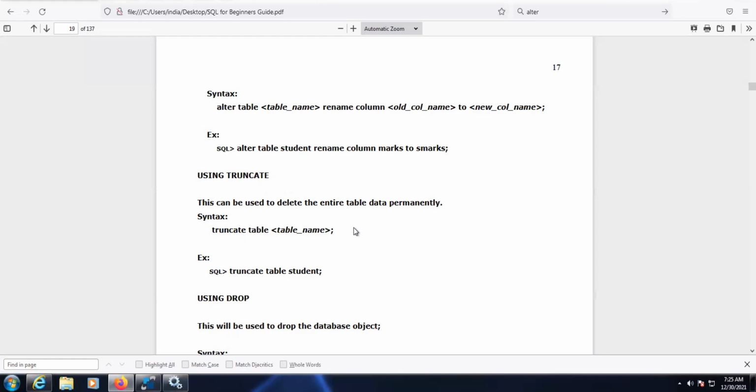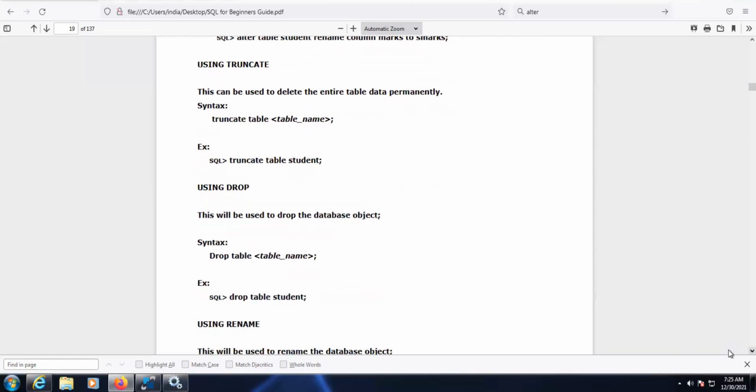Truncate student, table name, and drop. Drop is to drop the table. If you use truncate, entire data will be deleted, and we cannot restore the data back. But if you use delete, we can restore the data back with the rollback syntax. If you want to delete the table and remove the table from the database, use drop table name. This is the syntax.